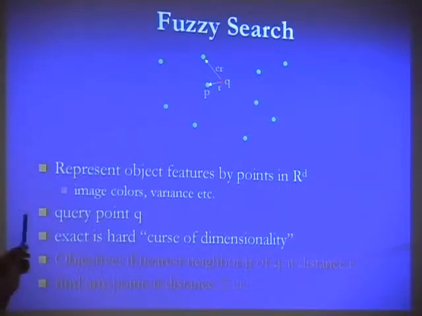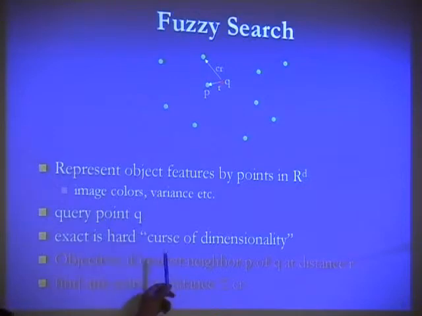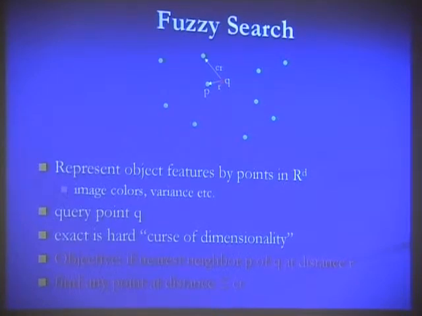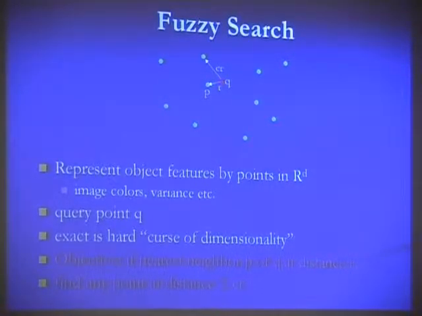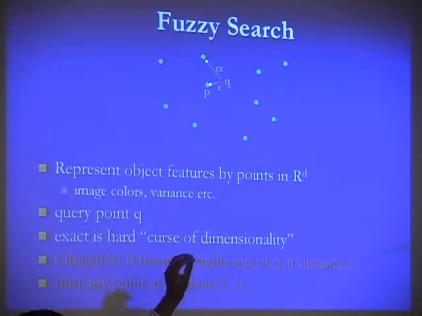Now, such a problem of high-dimensional search suffers from what is called the curse of dimensionality, which means that the problem is hard as the number of dimensions increases, which means either the search time is going to be exponential or the space requirement is going to be exponential. So finding the exact nearest neighbor in high dimensions is a very hard problem. And that is why